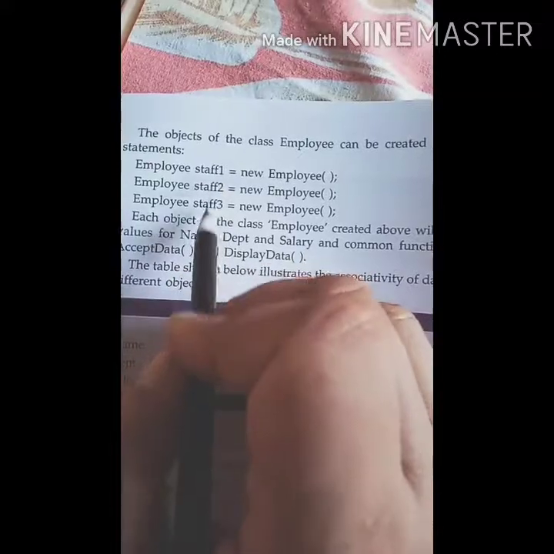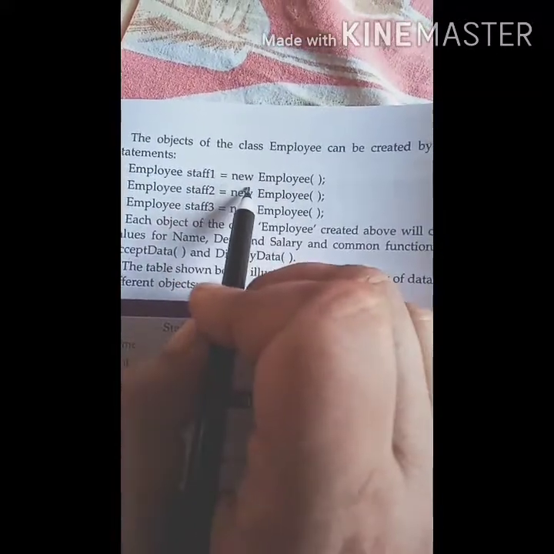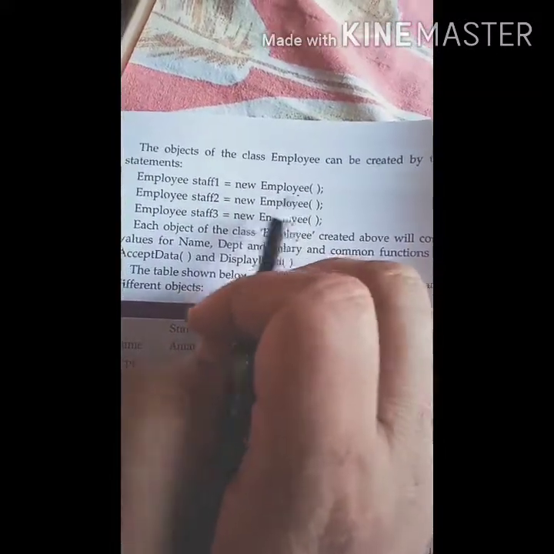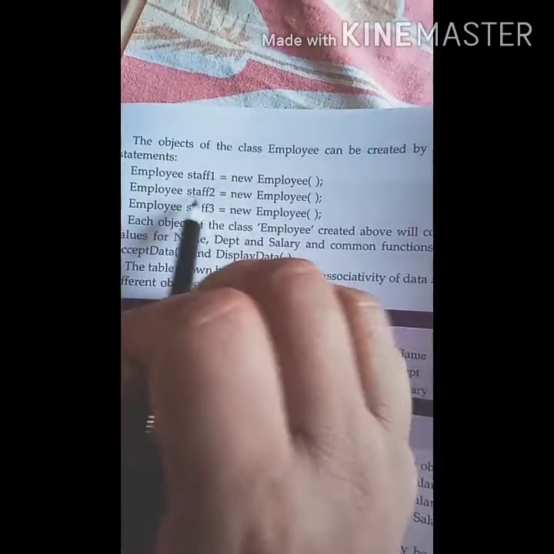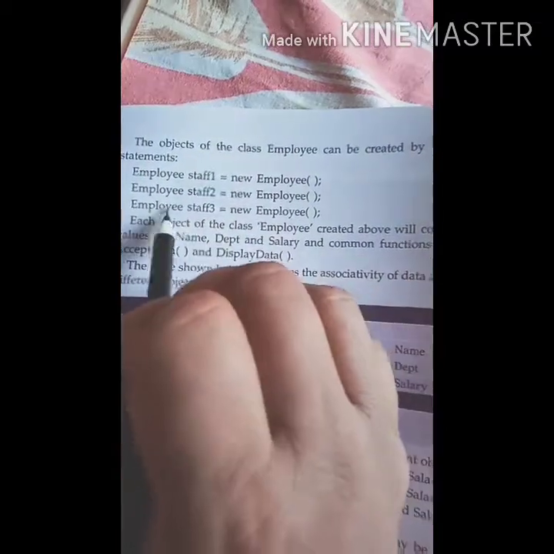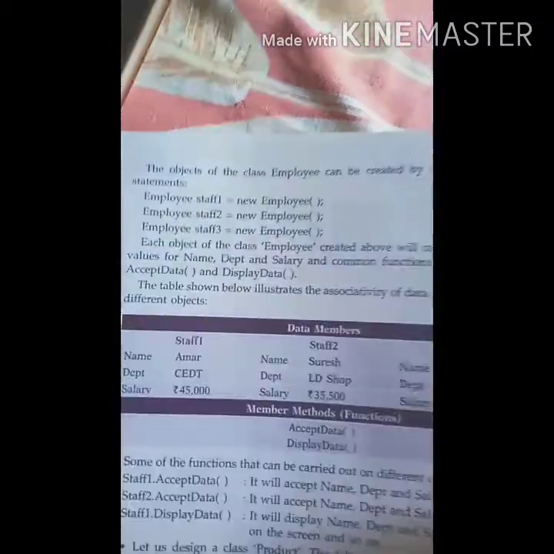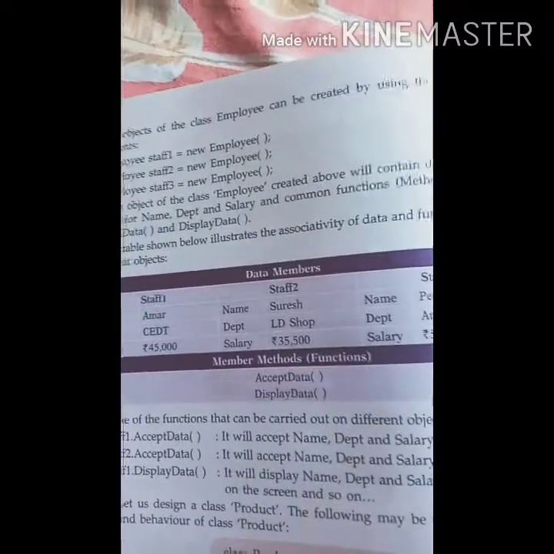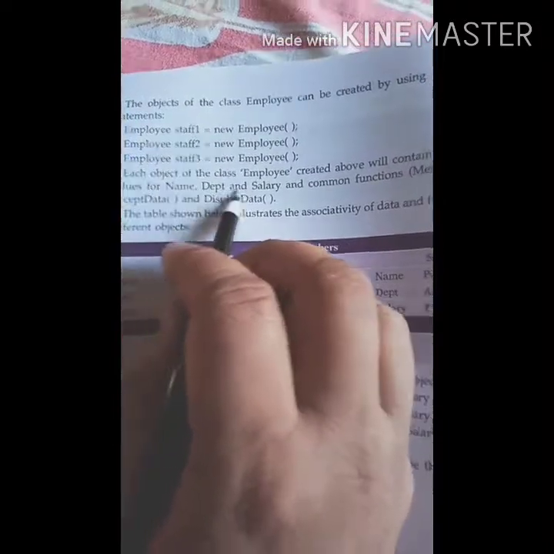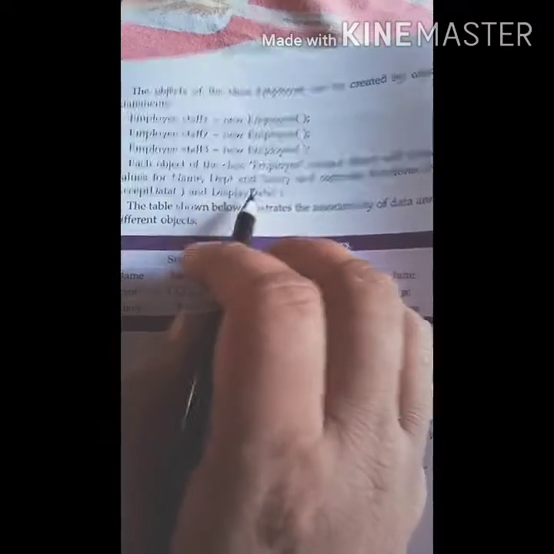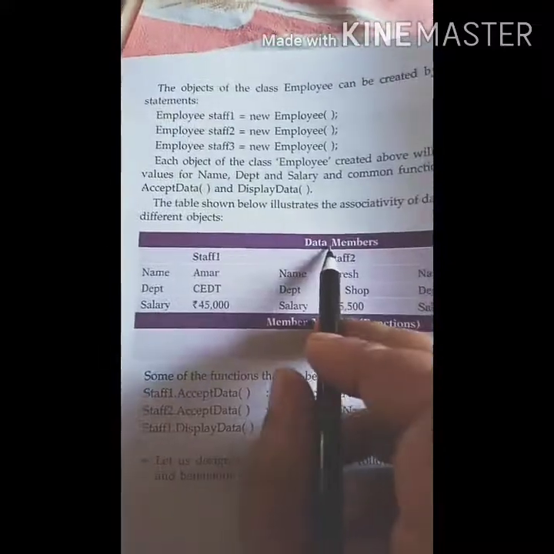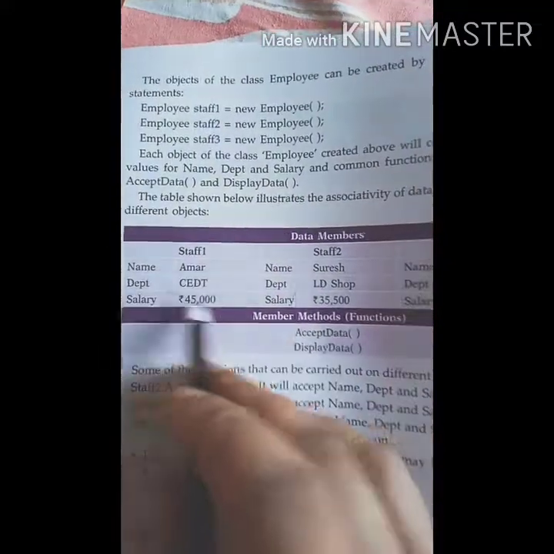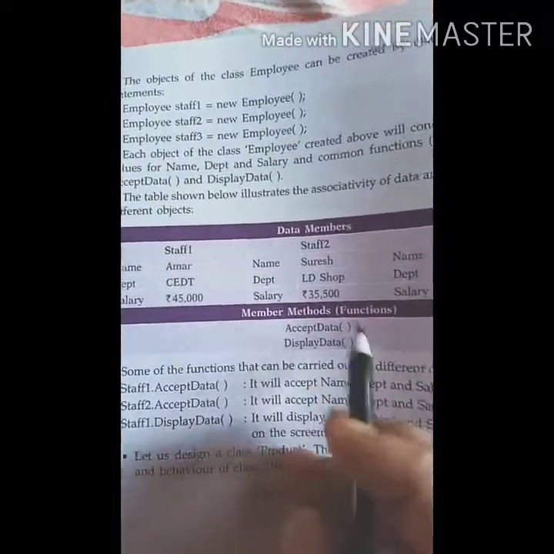Okay, but here it is taken staff1 equal to new Employee, and Employee staff2 equal to new Employee, staff3 equal to new Employee. So like this, so many we can create. And in accept data we put all this: name, department and salary, and display data also.